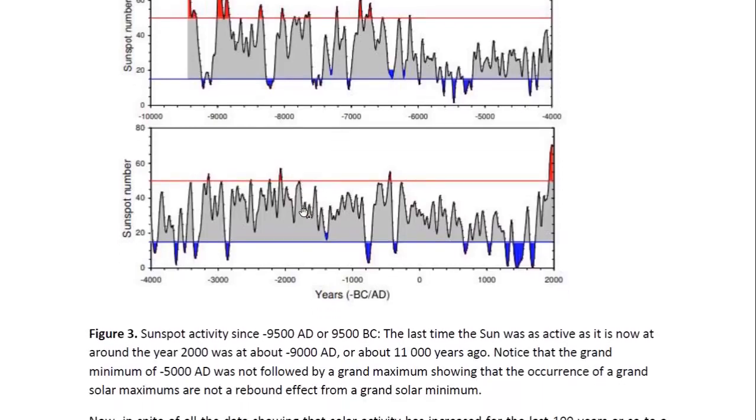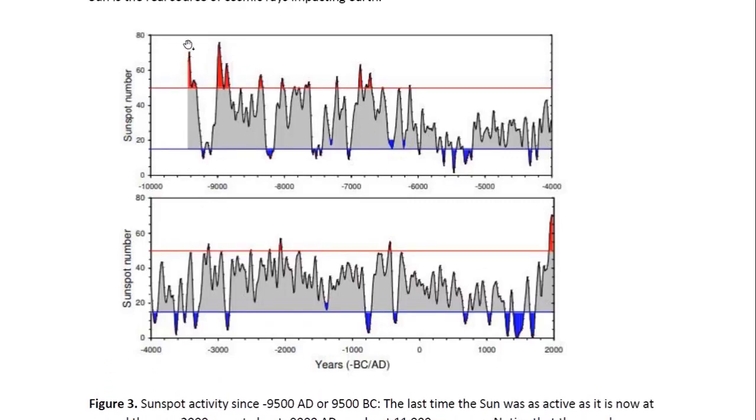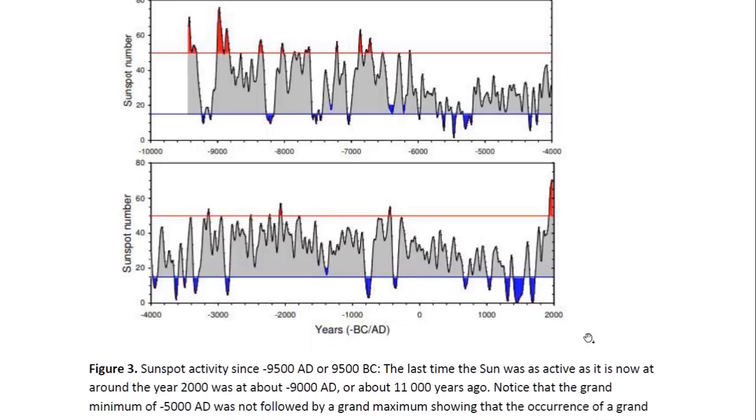And here's another sunspot versus years chart. This one goes back to minus 9,500 years AD or 9,500 years BC, or actually 11,500 years from now. So here we are at 2,000 years. That's where we are now. And we can see that the solar activity, according to sunspot number, is at an all-time high, at least. If we look back, well,